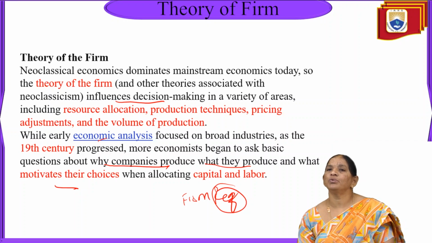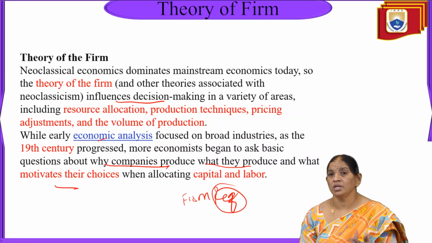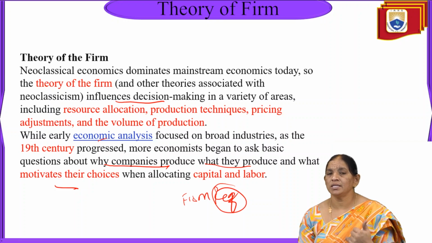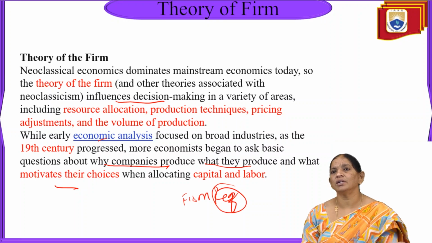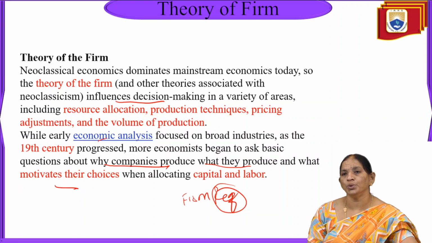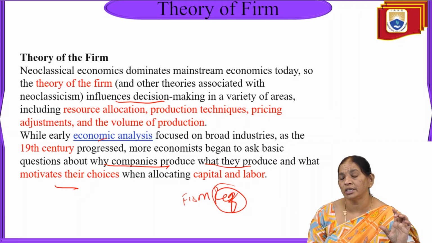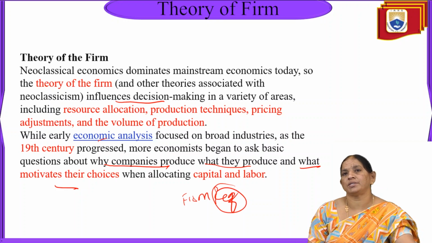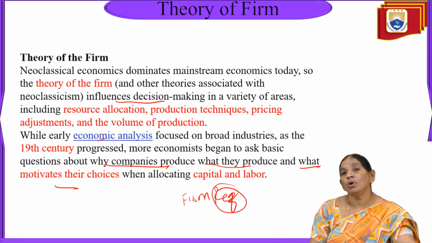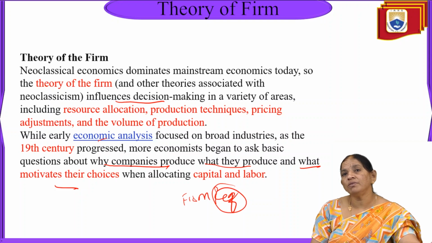So what type of goods are you producing? You are producing good and qualified goods, or maybe sustainable goods, or eco-friendly, pollution-free. So in this way we are asking what they want to produce related to the variety or the type of the goods. Then what motivates their choice? So in a firm, what type of motivation is there while choosing the resources?